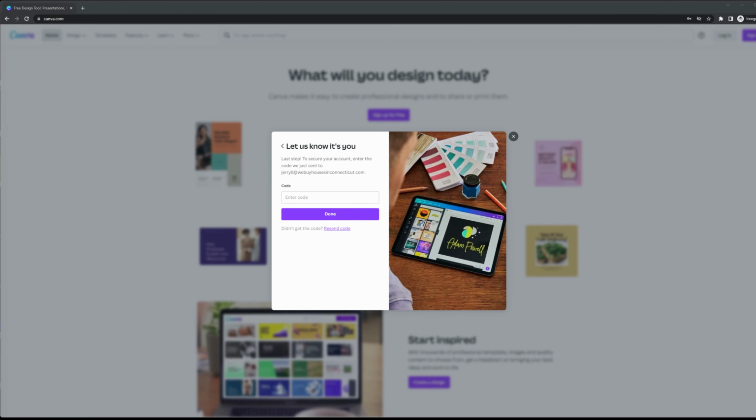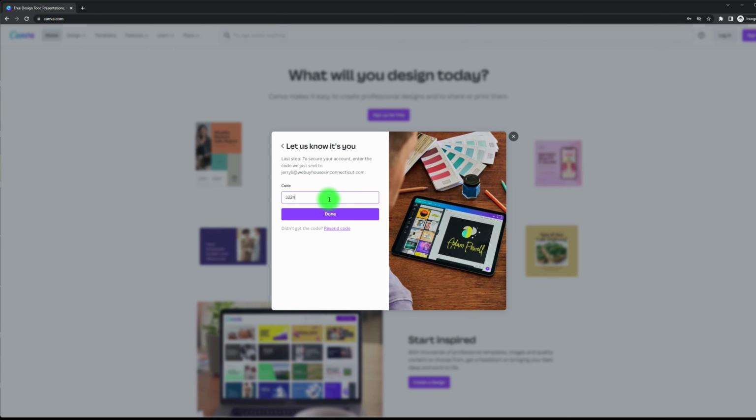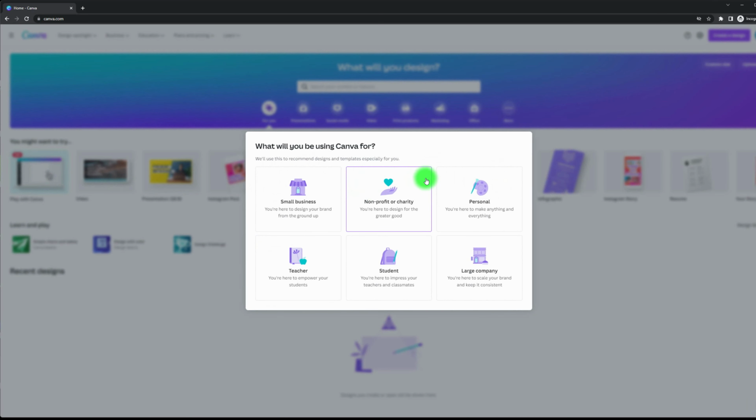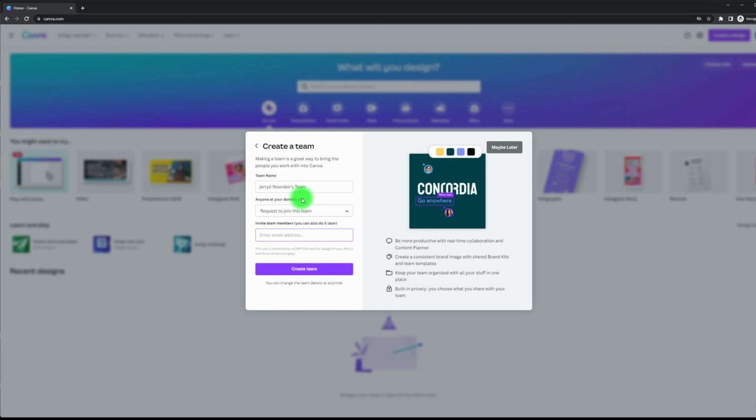Then when you enter all that information, just go to your email and retrieve the code. Just pick small business. You can pick anything you want. I'm going to do this later.